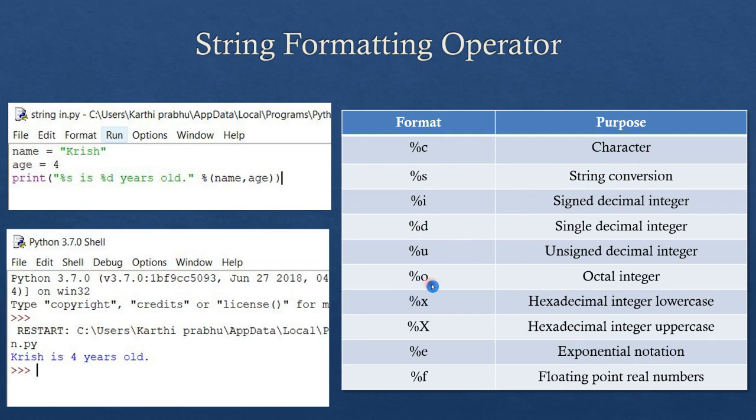Next, %o is for octal integer. %x, small x, is for hexadecimal lowercase. Capital %X is for hexadecimal uppercase. Then %e exponential notation. Then %f floating point real numbers. So these are all the formatting operators and these are all the purposes for which we have to use them in our programming. Okay, and the final operator is